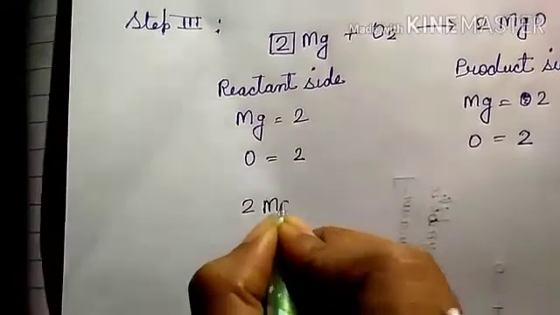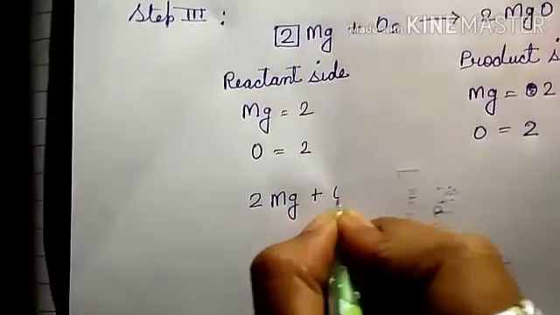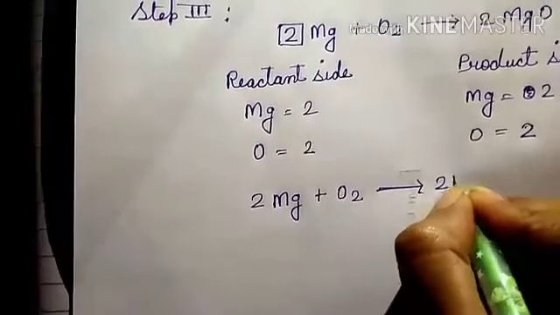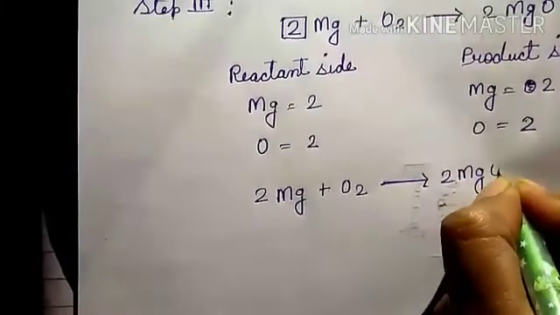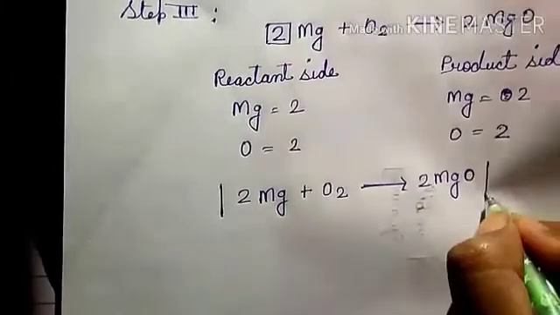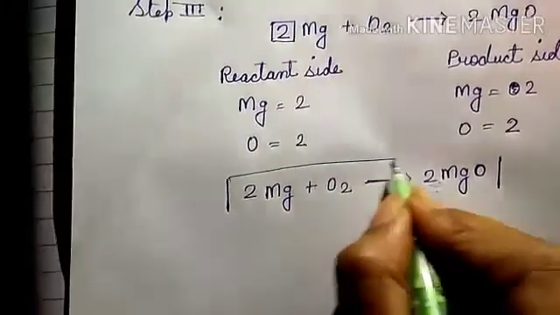The number of magnesium atoms on both sides is equal, as well as the number of oxygen atoms. So this equation is now a balanced equation and can be written as 2Mg plus O2 gives